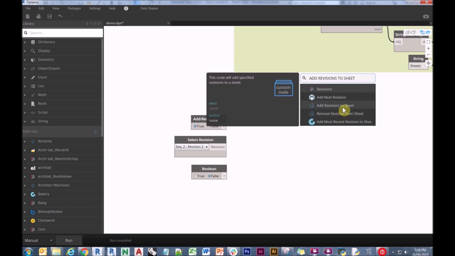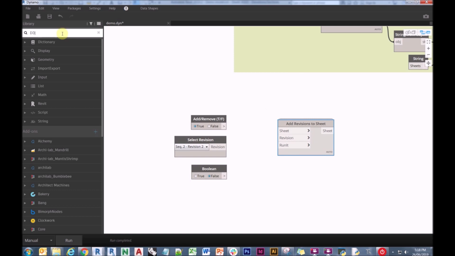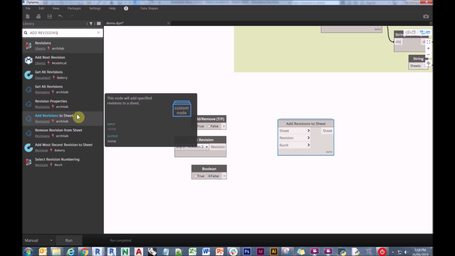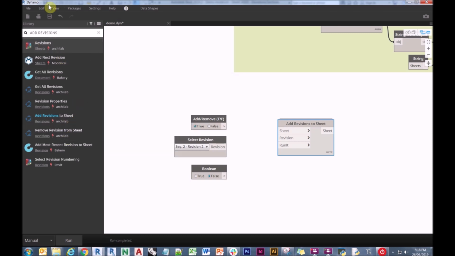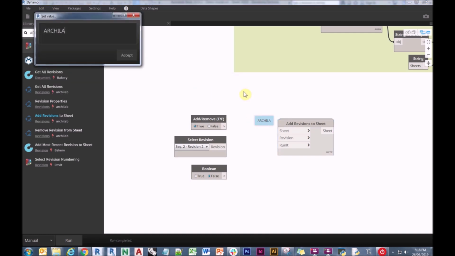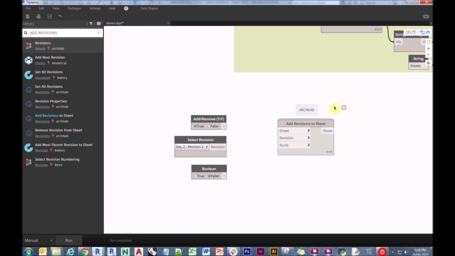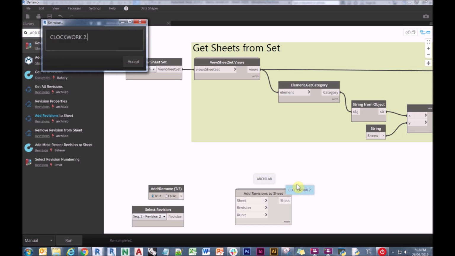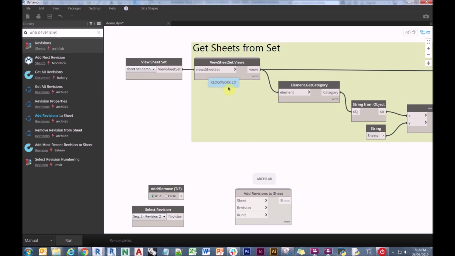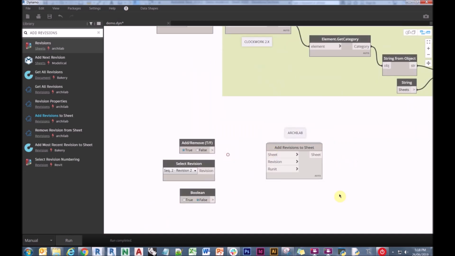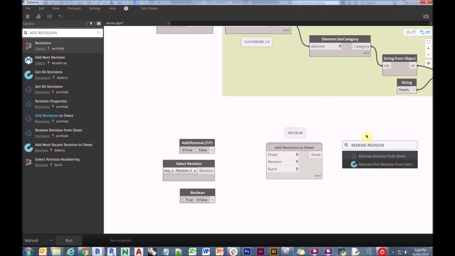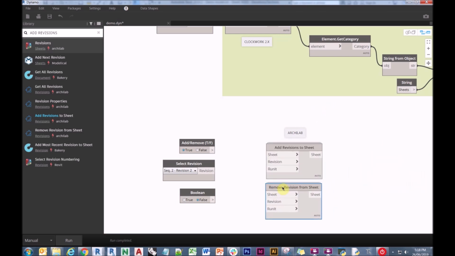But at this point, we're going to call on the add revisions to sheet node, and this is actually a custom node. So this, I believe, comes from the Archilab package. Yes, so you can see there that this isn't a node that comes with Dynamo by default. So it's really important to understand that maybe should be identified in our script. So if someone opens our script and they don't have Archilab, they know where that came from, just in case. And we can go back and also identify this view sheet set views node as Clockwork, because Clockwork is another custom package. At this point, we're also going to add the remove revisions from sheet node, also from Archilab, and